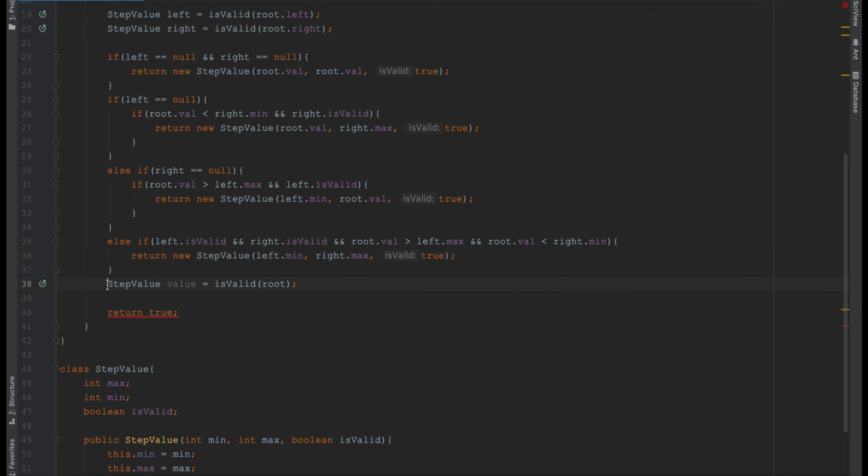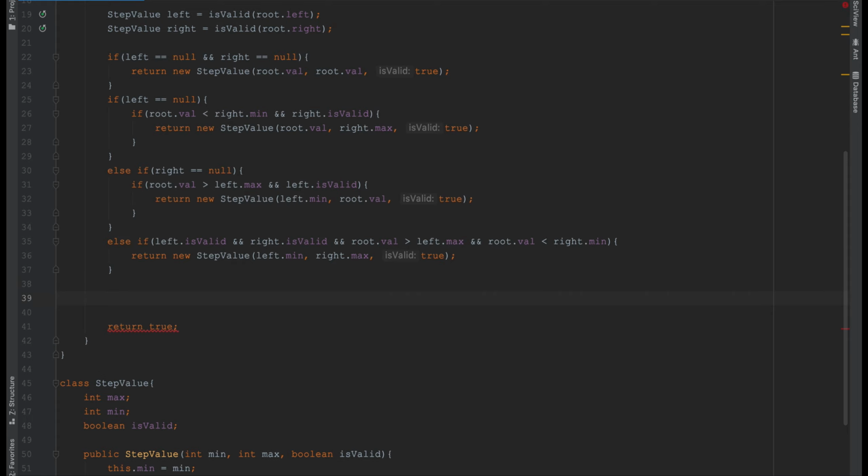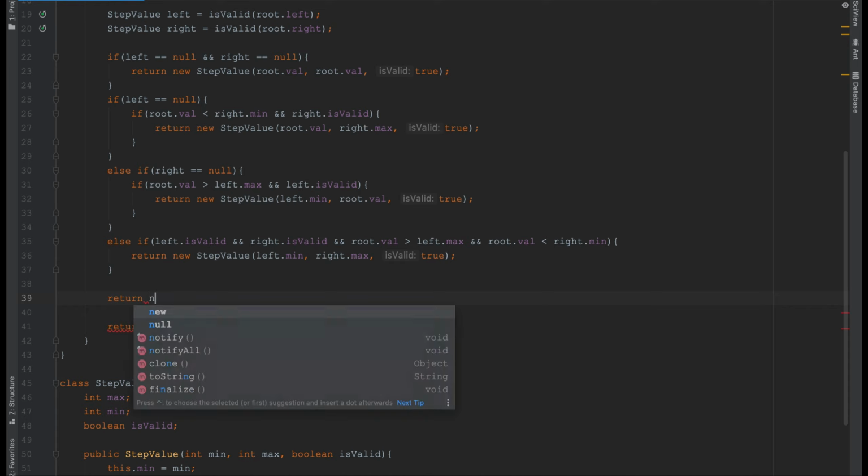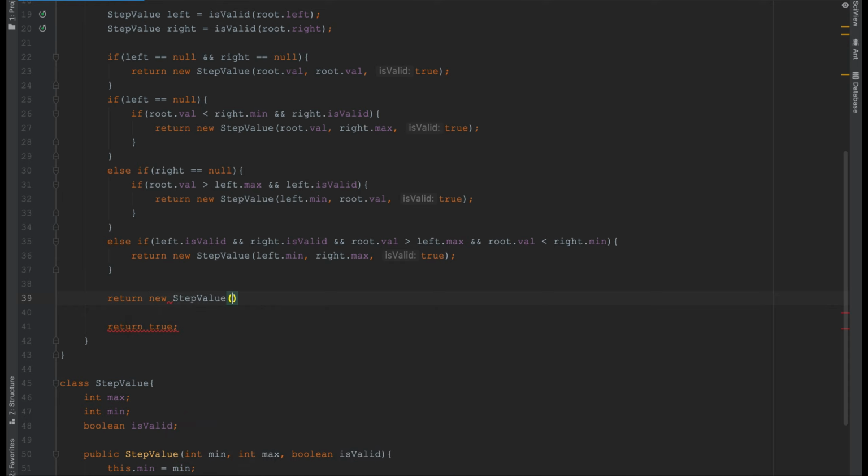But if none of these conditions are satisfied, then this becomes an invalid BST. So we'll say step value with isValid false. It doesn't matter what the minimum or maximum values are. It is an invalid BST, so we just care about the isValid flag.